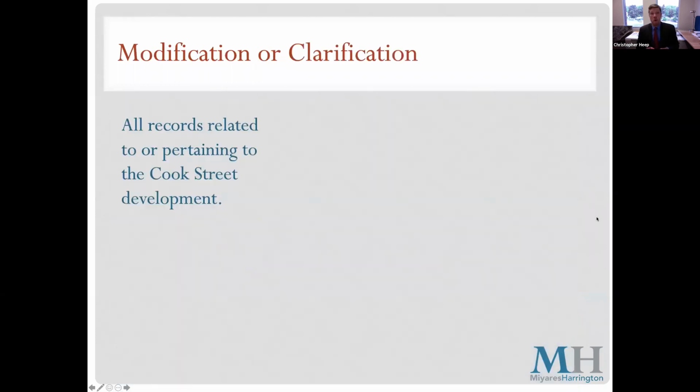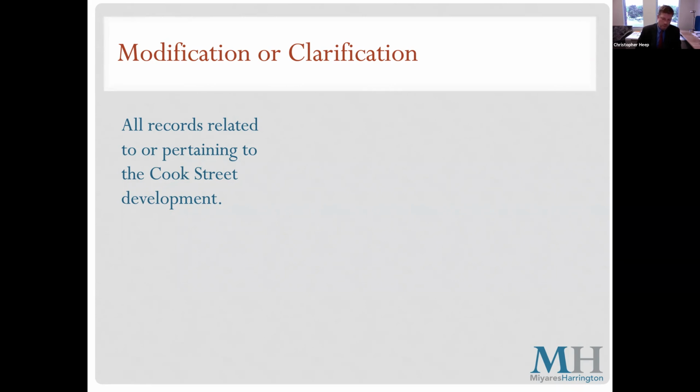Okay. Now, another form of response that we can send to someone requesting public records is a request that they modify or clarify the request. The standard for doing this is to enable the town to produce the records more efficiently and affordably. In our experience, this type of response can be incredibly helpful both to the town and to the party requesting the documents, who in many cases, if asked to modify or clarify their request, can end up with substantially lower fees charged for the town's production of the response. So it can be helpful to both parties on that front.